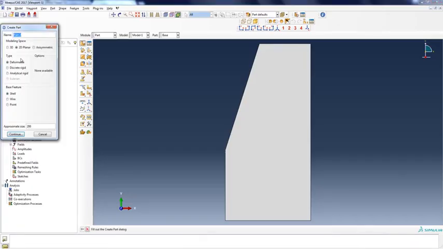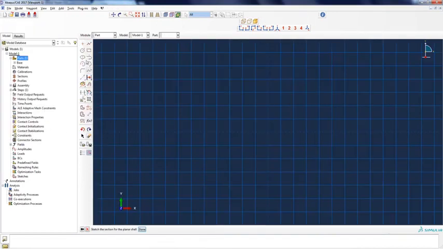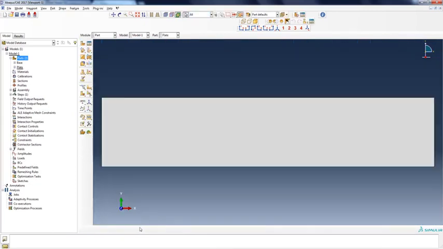So this is the plate, the deformable shell, and we give the dimension 10 in length and 2 mm in height. Click done. So we have created the geometry of the 2 parts.